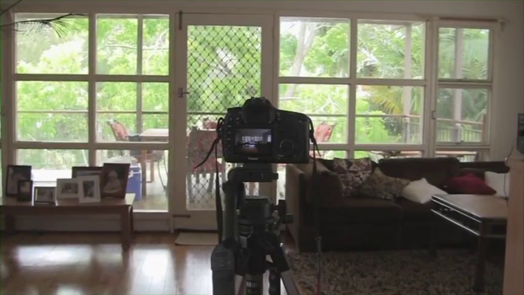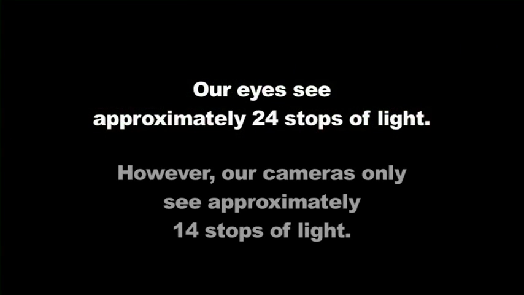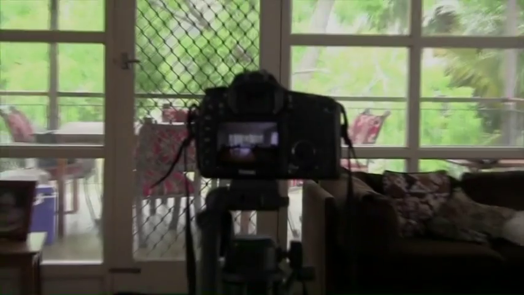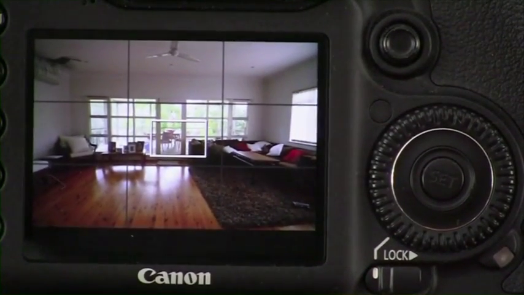There is an explanation. We are born with this super camera in our head. It's better than any Sony, Canon or Nikon. Our eyes see about 24 stops of light, but unfortunately our cameras see only about 14 stops of light. So you have a problem. How can we increase the range of our camera to see the same scene as we do and get the